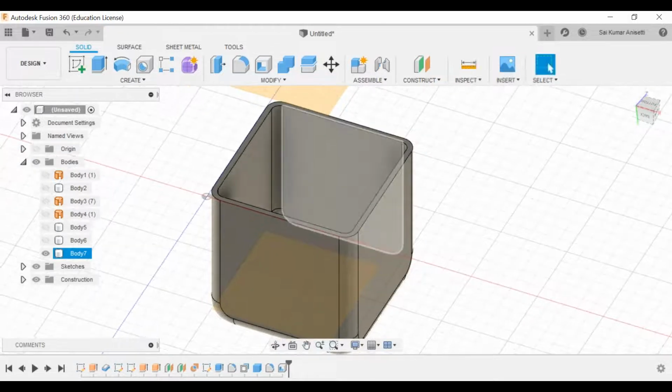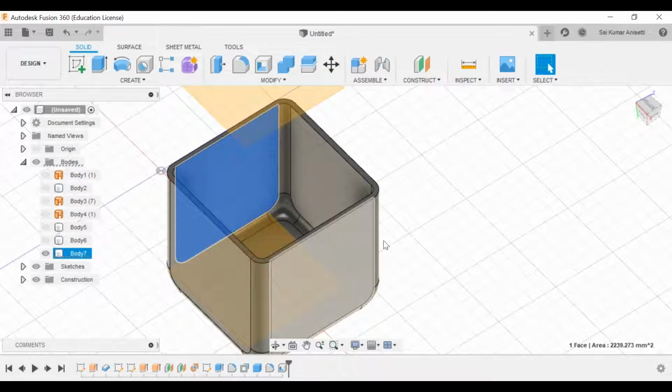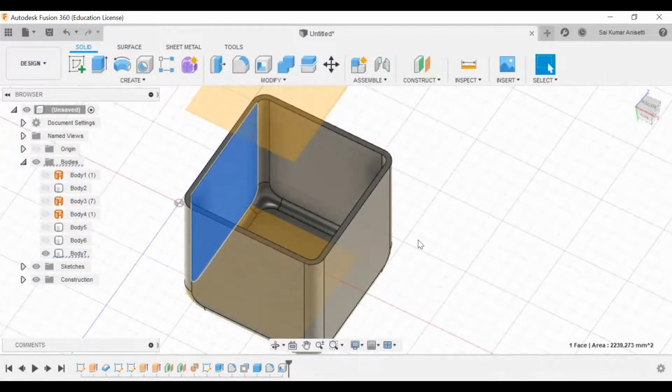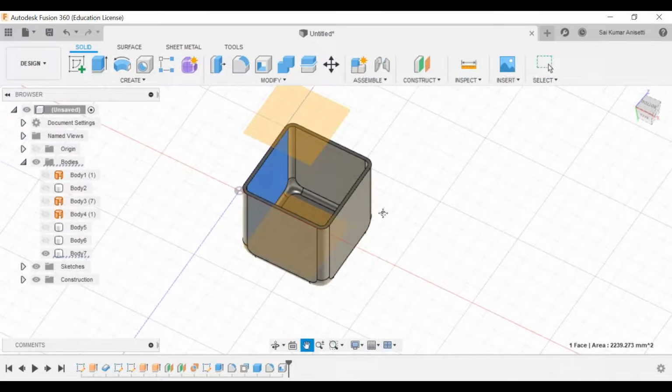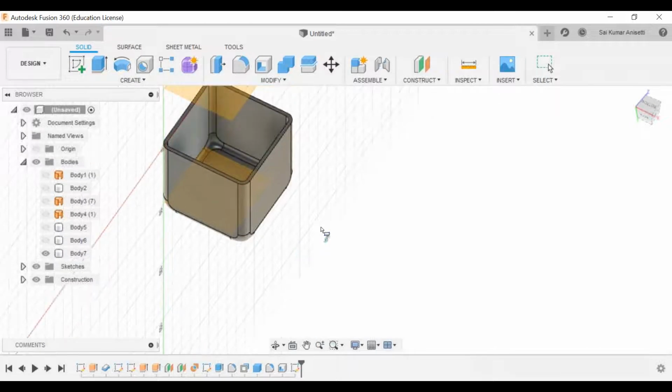Now if I observe the thickness from the bottom, and the thickness from the sides, it is the same all over the body. That is what a simple shell command means. You can use the shell command for many other purposes, like if I have a box, let me show another